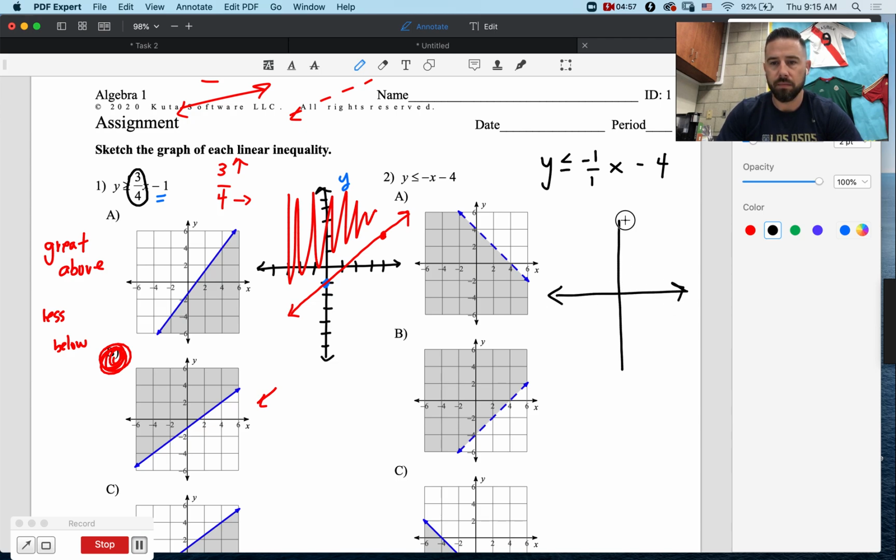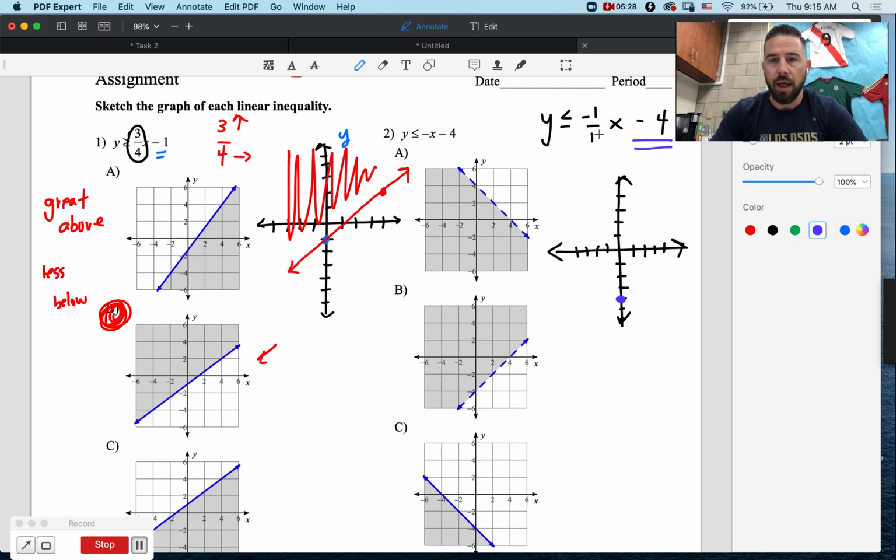One, two, three, four. 1, 2, 3, 4. I might need a 5, 6 there. 1, 2, 3, 4. Now remember, this guy is our y-intercept. That's where we go up or down on our y and we make a point. So he's down at -4. We're going to go down 1, 2, 3, 4. Okay, now